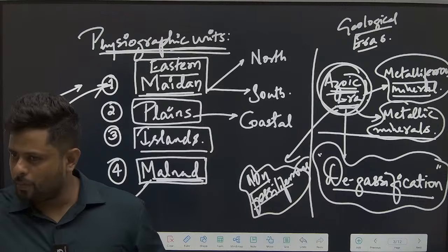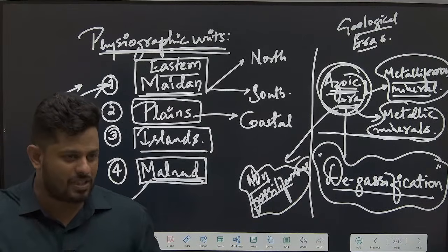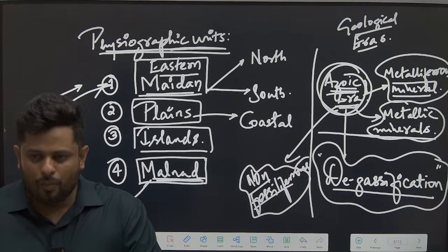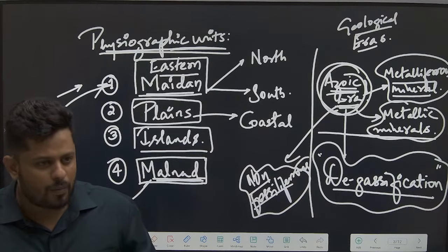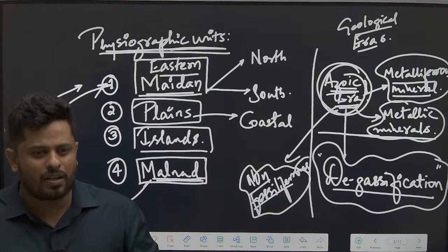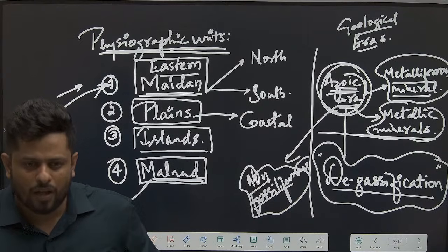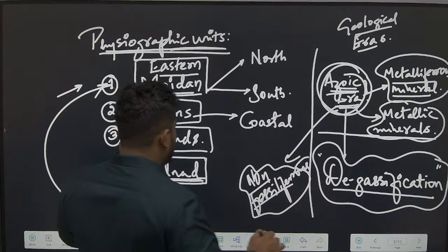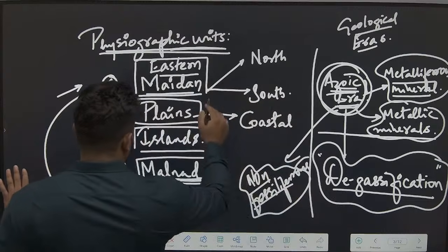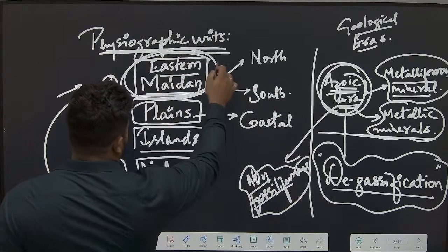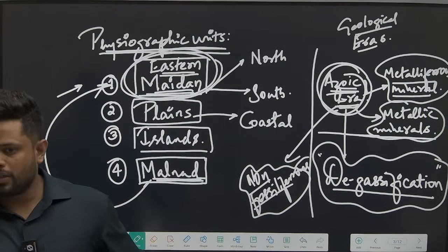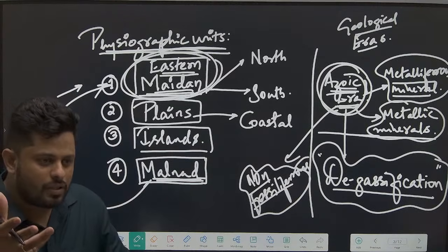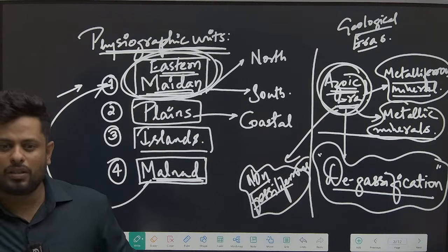Later with time, probably some organic element, a river must have brought it and deposited it, but definitely that will not be a good quality of coal. Are you understanding it? Probably millions of years later, that will concentrate itself into a very small coal seam. Are you understanding this? With time, of course, this is the Azoic part. The Eastern Maidan region, technically what we call it, is the extension of the Telangana Plateau, the extension of the Maharashtra Plateau. This is northeast Karnataka.